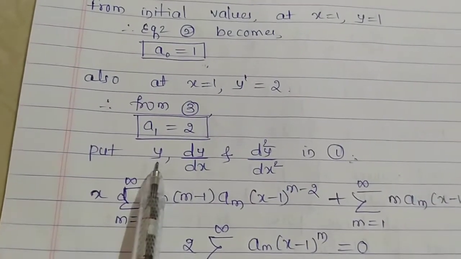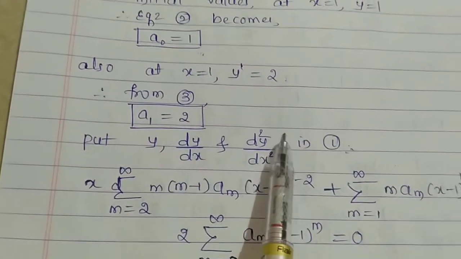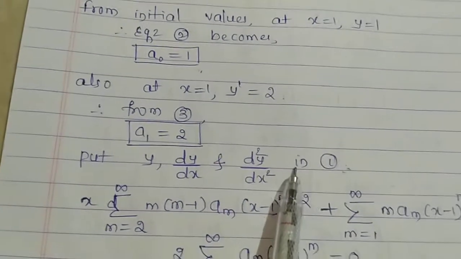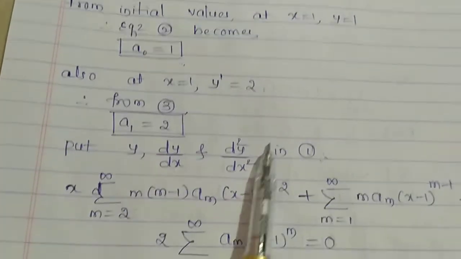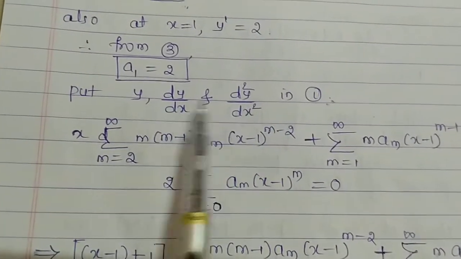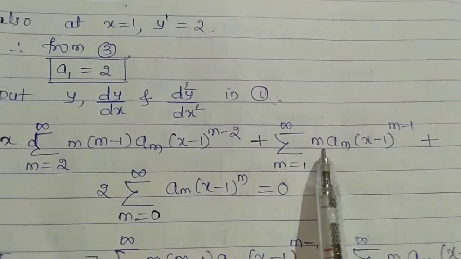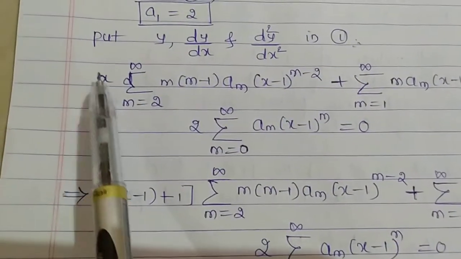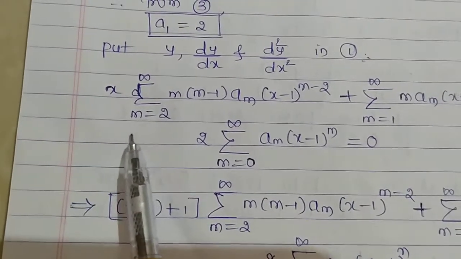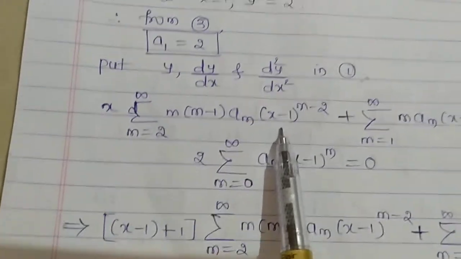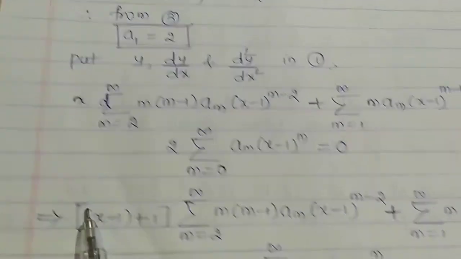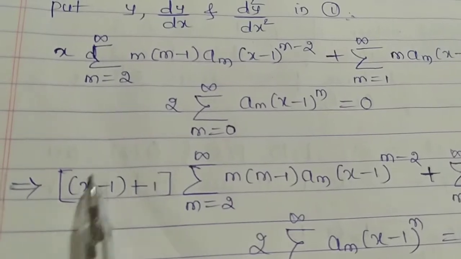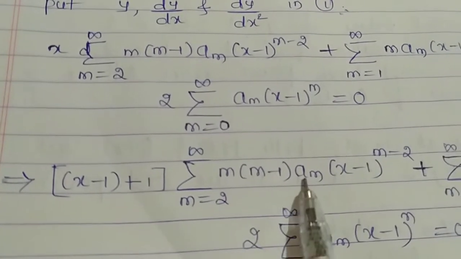Okay, so I have to substitute all these values of y, dy by dx and d square y by dx square in my equation number 1, that is, in the original equation. So x as it is, d square y by dx square value, dy upon dx value, 2 as it is, y value. So again I will make this x as x minus 1 because I have the power in the form of x minus 1. So I will subtract and add 1, that is, x minus 1 plus 1, and I will multiply x minus 1 with this and 1 with this. I will get